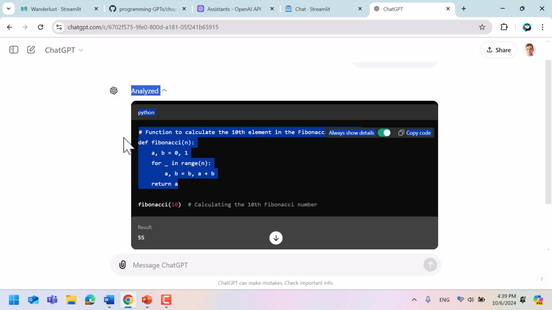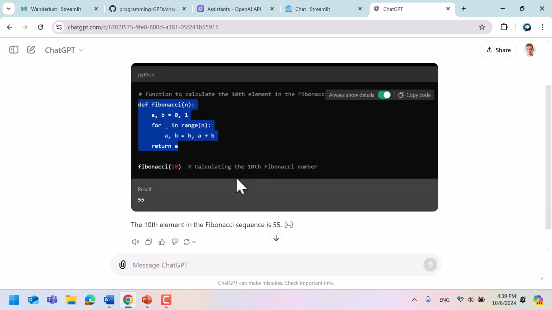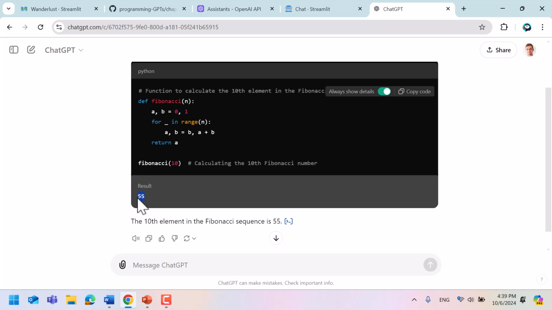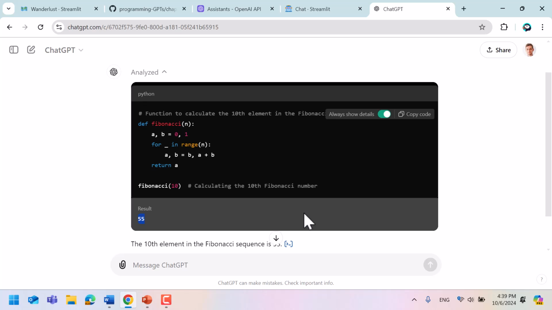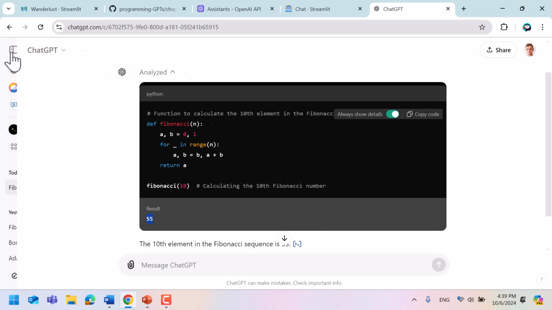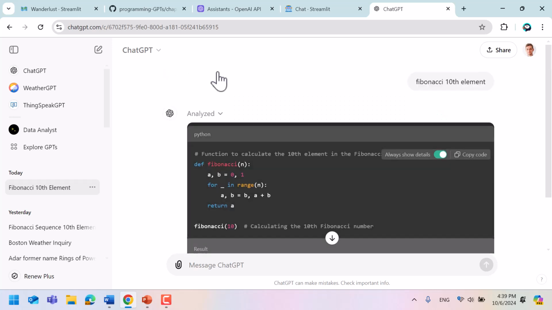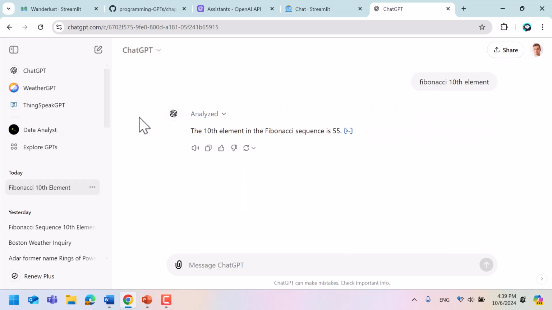So it's writing a function, the Fibonacci function, so it's writing the code, executing the code, and giving you back the response. So as you can see, inside of ChatGPT, there is already the notion of agent. In this case, one of those agents is the data analyst, and that is the agent, the GPT. Essentially, that's another name in ChatGPT for those agents. They call them GPTs. You can explore the GPTs and build your own GPT, but there are a few pre-built, like the data analyst here, that is being used. So this is the notion of agent.